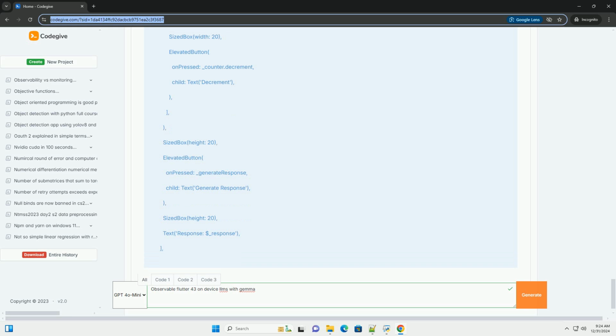class CounterPage extends StatefulWidget { @override _CounterPageState createState() => _CounterPageState(). class _CounterPageState extends State<CounterPage> { final Counter _counter = Counter(); final LanguageModelService _lmService = LanguageModelService(GemmaClient()); String _response = ''; @override void initState() { super.initState(); _counter.addListener(() { setState(() {}); }); } Future<void> _generateResponse() async { String result = await _lmService.generateResponse('Counter value is ${_counter.value}'); setState(() { _response = result; }); }